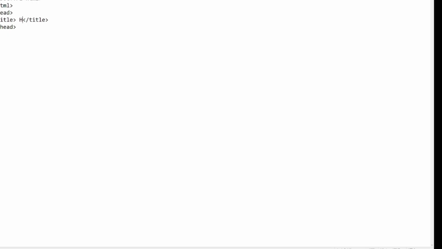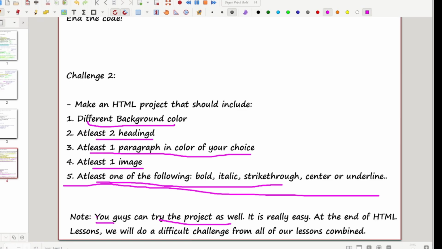Let's make a heading of hello world. Now the body. Let's make the background color light orange. Now slash heading. At least two headings and one different background color, that is done. Headings, one paragraph in a color of your choice, one image, at least one of the following: bold,